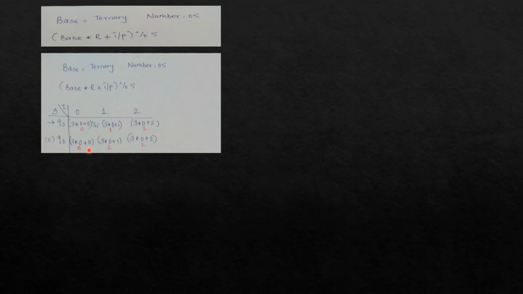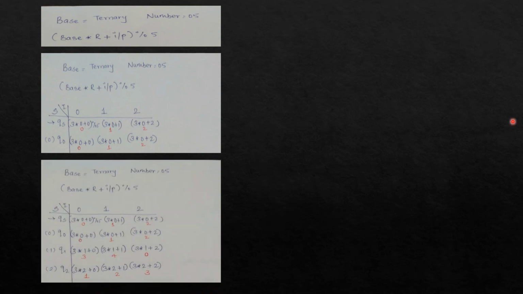So here only the input will change in each column according to the input that we are dealing with. In the first column we will add 0, plus 1 and plus 2 respectively for all the 3 columns, and we will get the mod 5 answer as 0, 1, 2 respectively. Now when we reach Q1 state, our R's value will become 1 for the entire row.